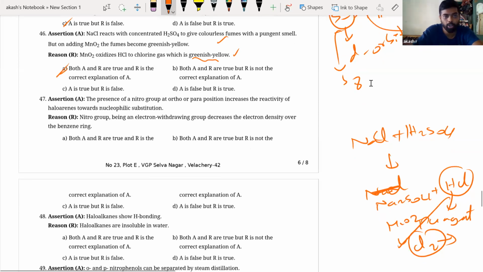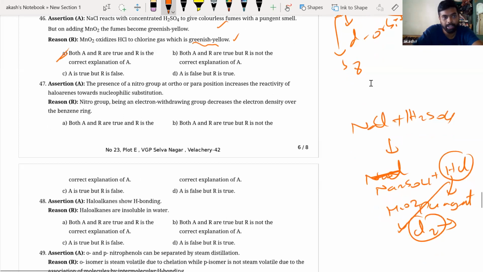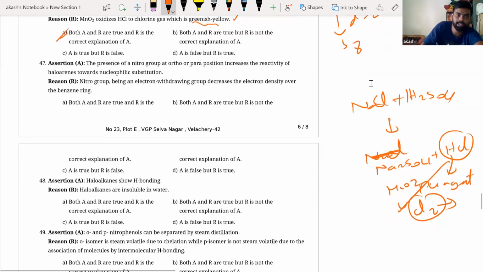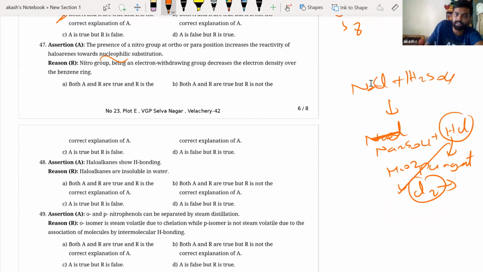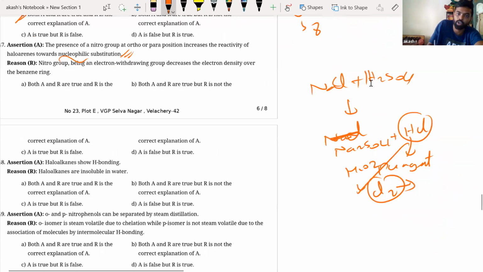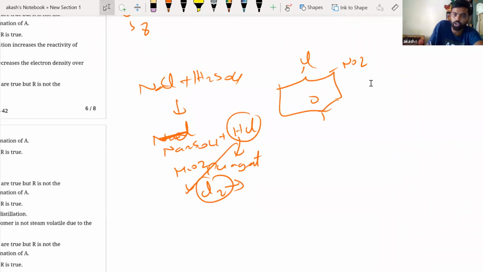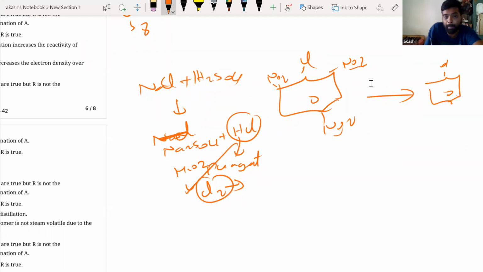Next, the presence of nitro group at ortho and para position increases the reactivity of halogen towards nucleophilic substitution. Absolutely true. Now look at this. If you, for example, have electron withdrawing groups at ortho and para position, say NO2, NO2, and NO2. Now, normally, if these were not there and I want to convert this into phenol, what should I do? High temperature, high pressure. But all I have to do here is just put H2O and slightly heat it, warm it. And you are going to get this product. Okay. Now, in Dow's process, we know what you have to do.